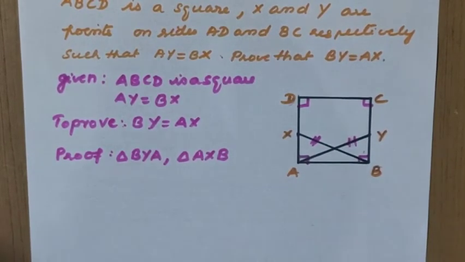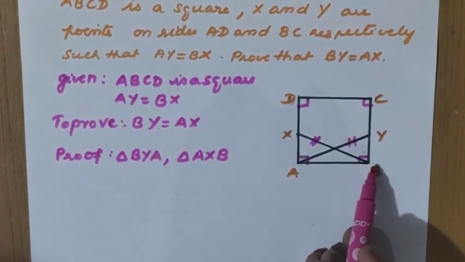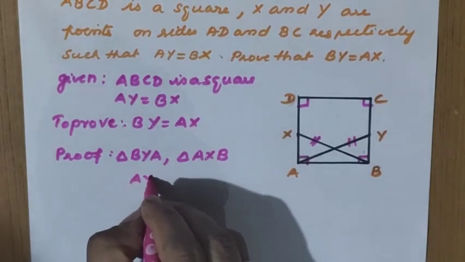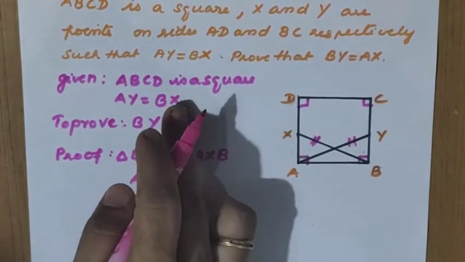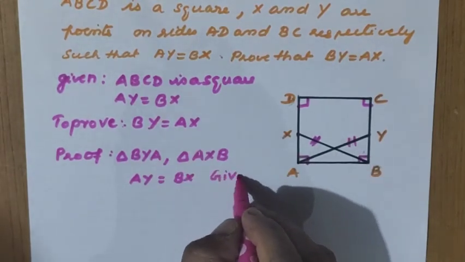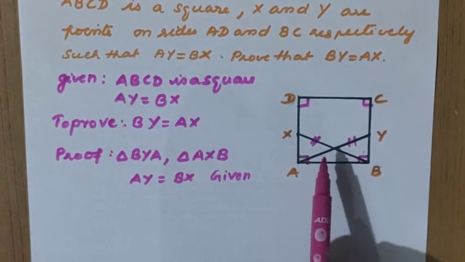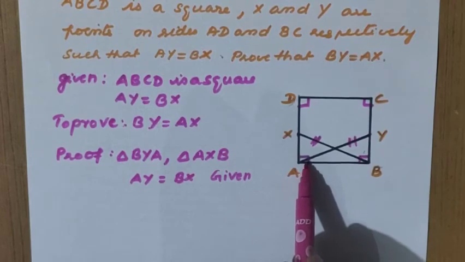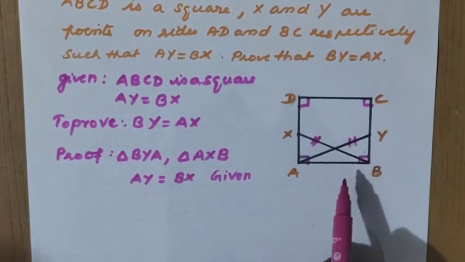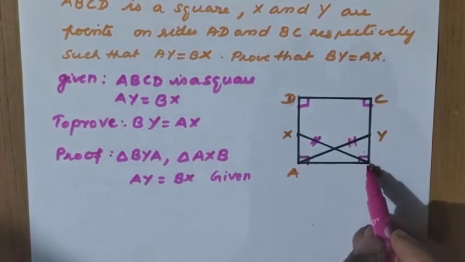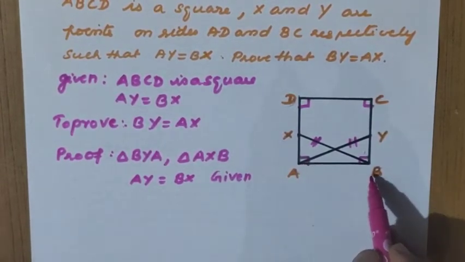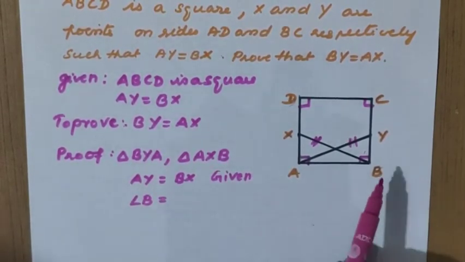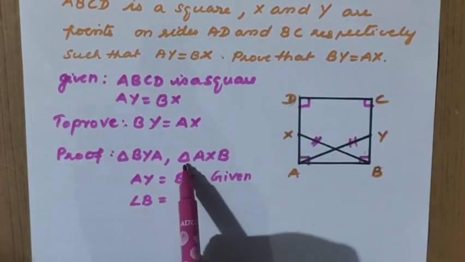Now which are the equal sides here? In BYA, which is the equal side, already we marked, AY. So AY equal to BX. It is already given in the question. So we will write that given. Now it is given in the question that ABCD is a square only. So each angle equal to 90 degrees. So we marked here ABCD are 90 degree angles only. Now according to BYA, A is not a complete angle. Which angle is coming completely? Angle B. So we should write here angle B equal to, what is the name of the second triangle?